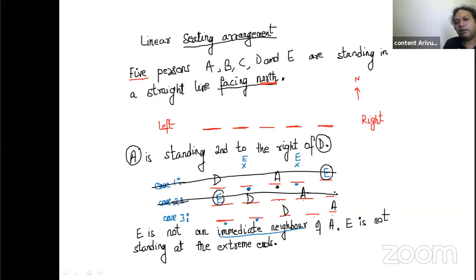We start a question by building cases after cases, and gradually we narrow down to one case which will become our ultimate case. Understanding? Now we just need one more clue and that will solve the question, because now we know E is on the left hand side. E is either here or here. But I just need something more now. Still something is missing. So let's take C.